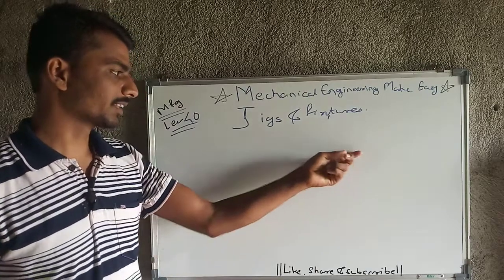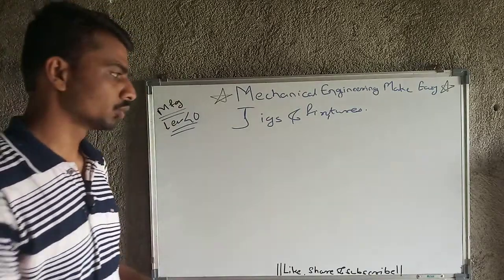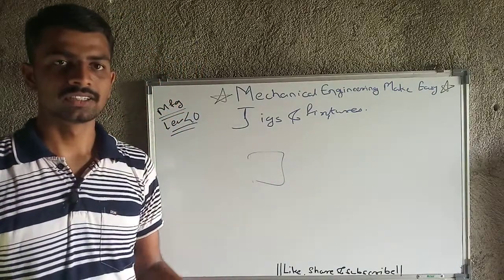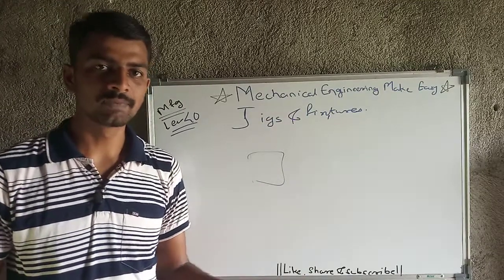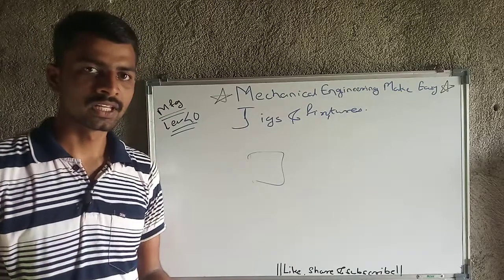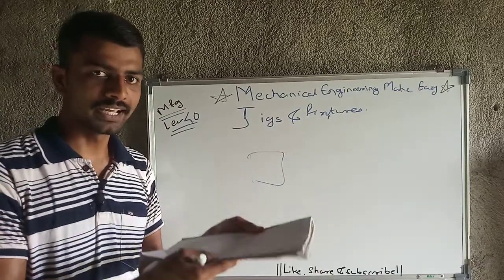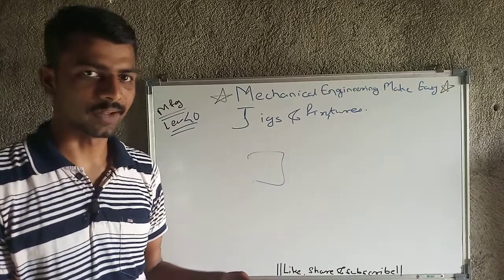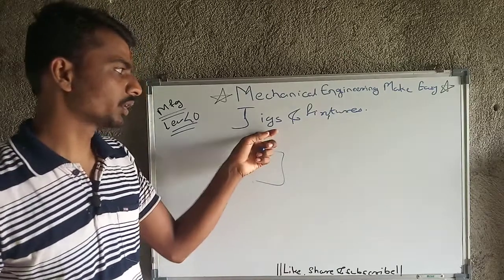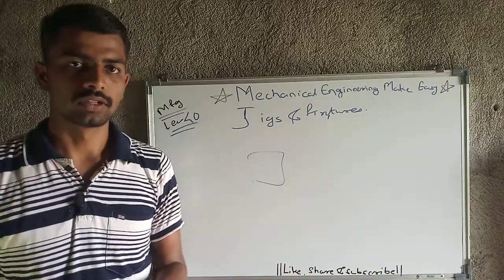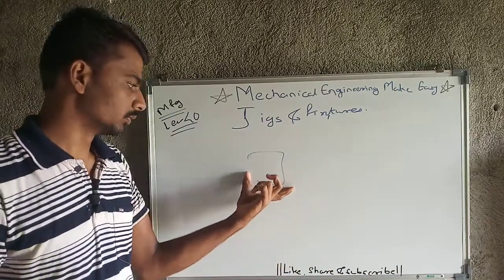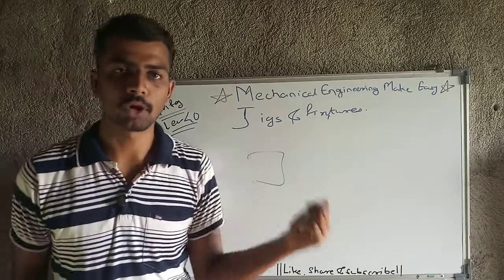That clearance we need if we are going to cut any sheet. For example, we need to cut a sheet of 10 centimeter by 10 centimeter, and we are cutting it manually by measuring. Then we have to provide more clearance, because manually there are different errors, and there may be chances that the sheet is not placed perfectly perpendicular, etc. So there are a number of manual errors. That's why if we are going to use jigs and fixtures, then we will get very little clearance. So ultimately our components will have very proper dimensions.